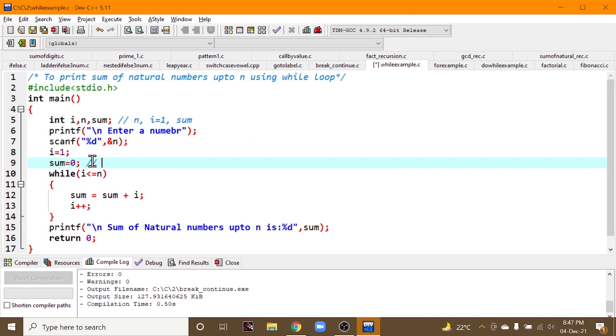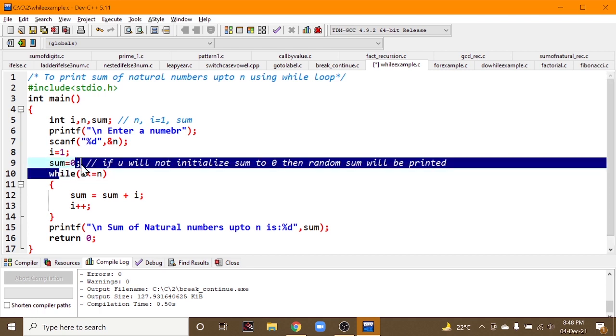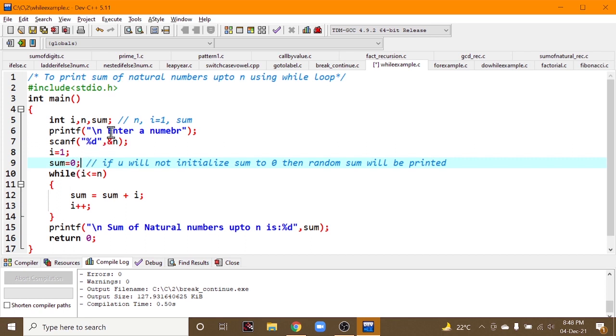This is the most important point, because if you do not initialize sum to 0, a random sum will be printed. Sum has its own garbage value, and with that value the sum will get added up. So you need to specify that sum is initially 0.